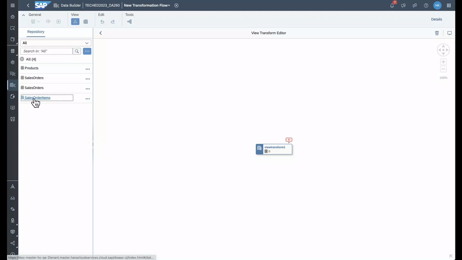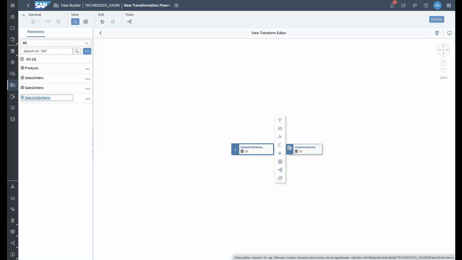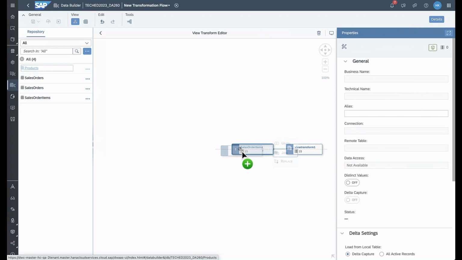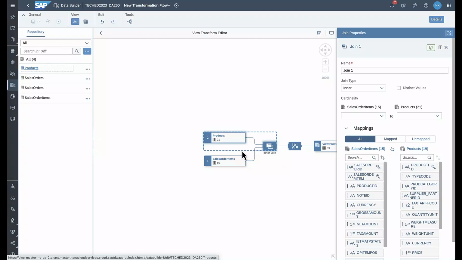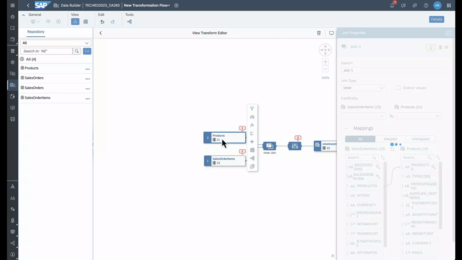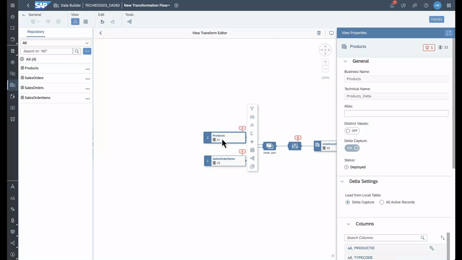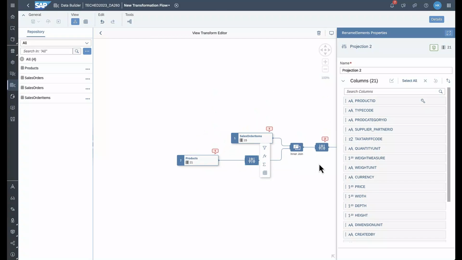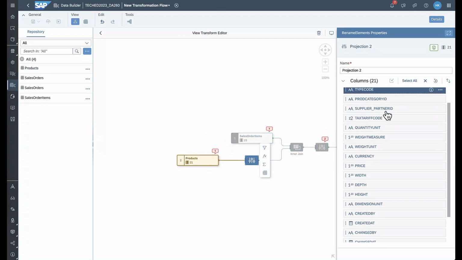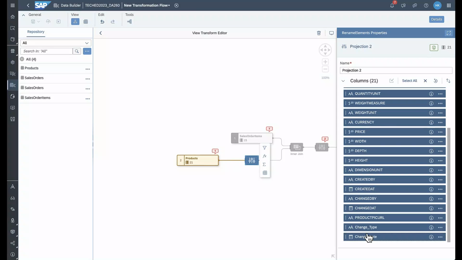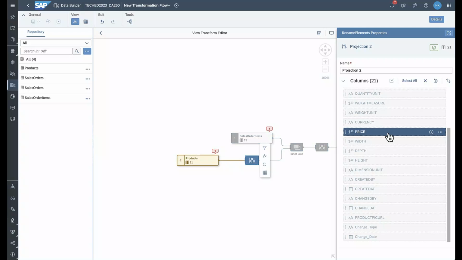So if I take my sales order items and want to join this with products with the inner join here, it automatically happens, and I don't want to historically archive all attributes of products, so I will add a projection and only want to have the list price. So I will exclude everything and just re-enable the